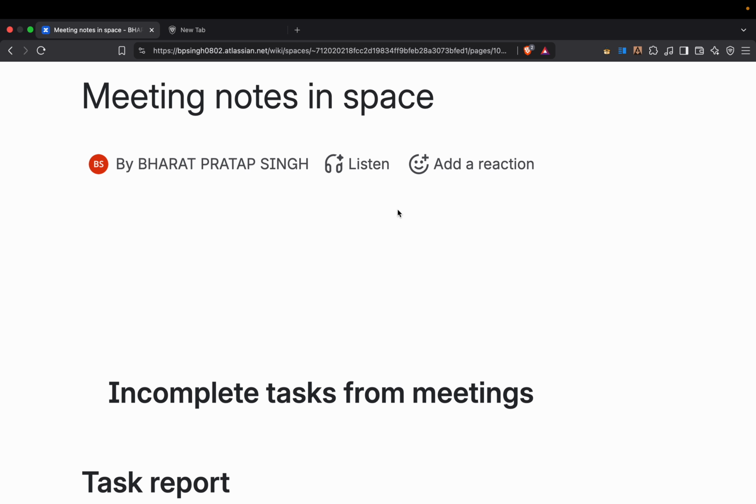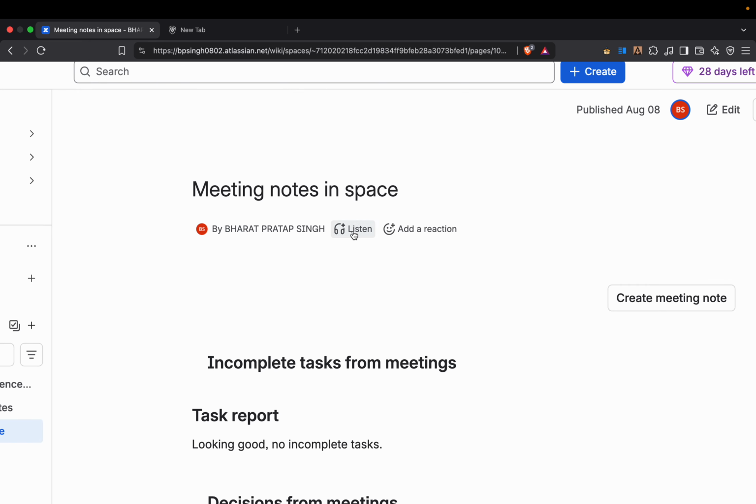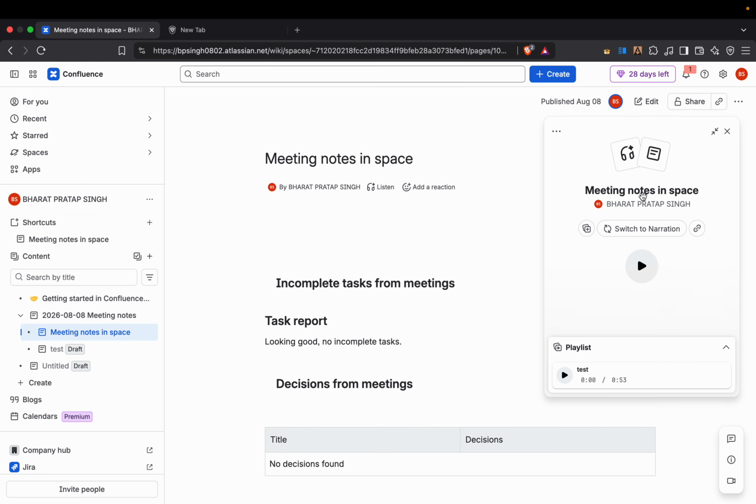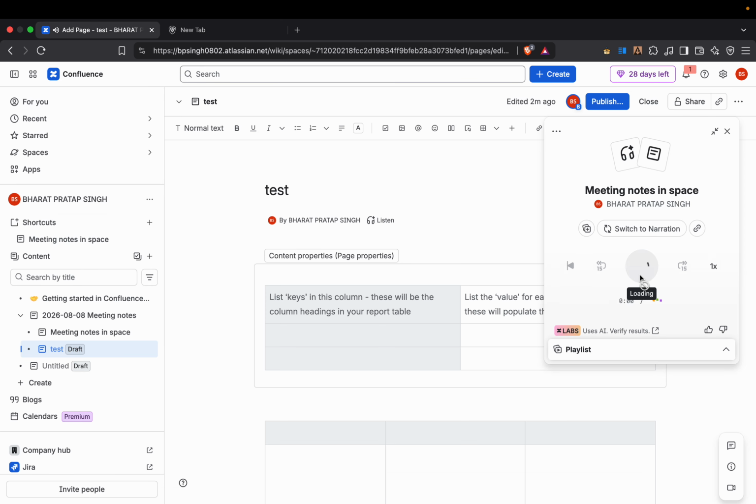there is a small icon called listen. Okay, so you simply click on the option of listen, and here you see meeting notes in space, and you switch to the narrator. So your playlist,